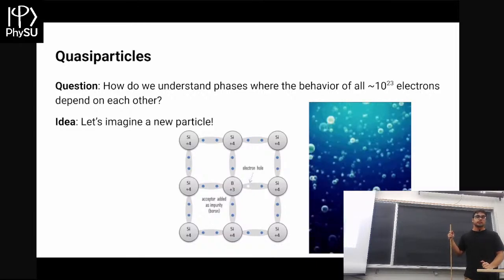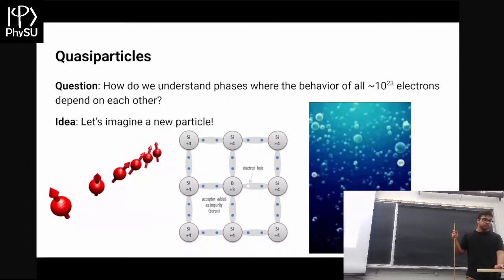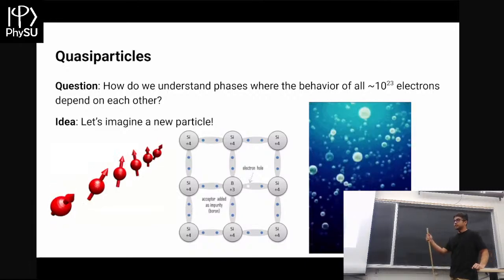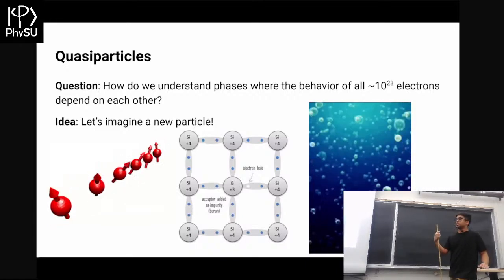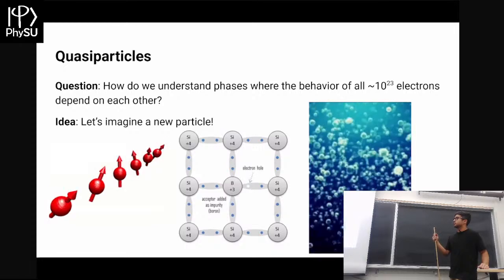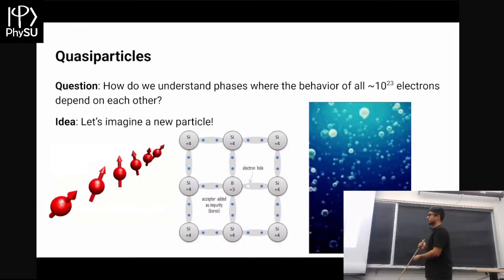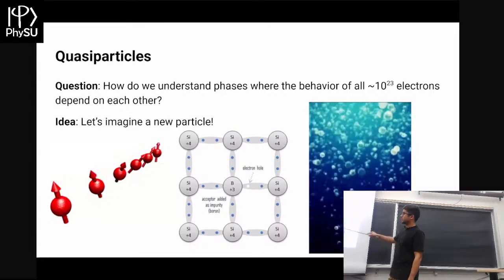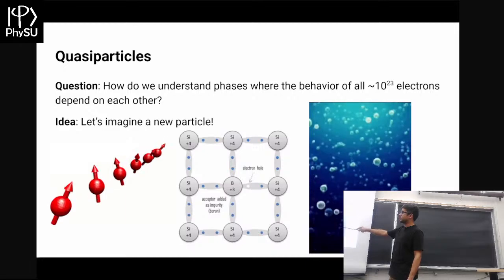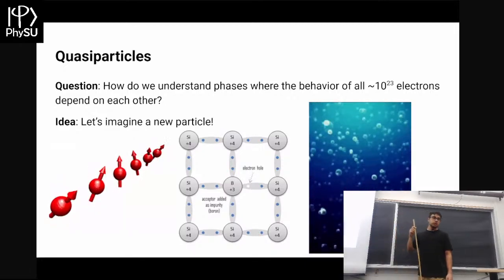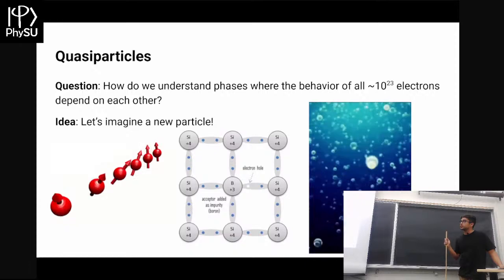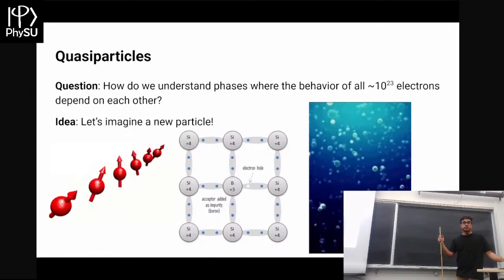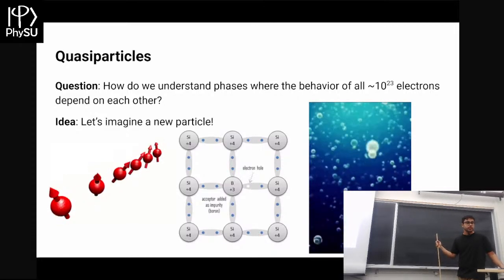Another example, a little more abstract, is spins. If you were to imagine a bunch of electrons sitting on a lattice, they all have a spin, and say they're moving around, rotating. If you're looking at each one individually, it doesn't really make sense. But if you visualize a vibration almost just moving down this line of atoms, that can also be considered a quasi-particle. It looks like a wave, but from quantum mechanics, we know you can draw a connection between wave and particle, and that's what we call a magnon.